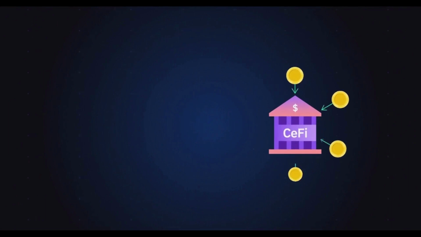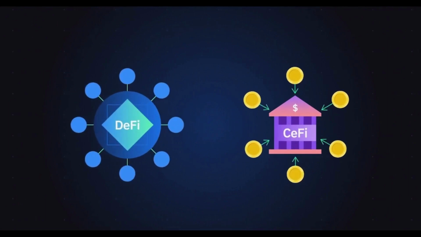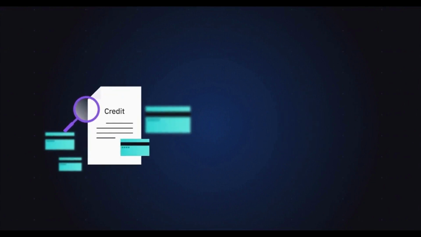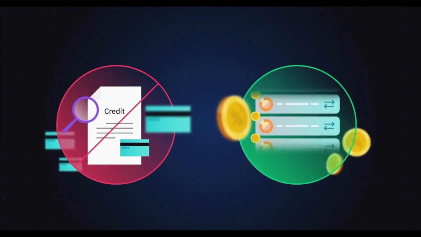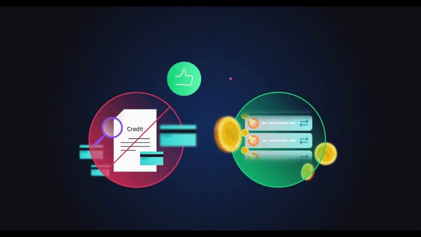You can find crypto lending services on centralized and decentralized platforms, but the core principles remain the same. Crypto borrowing and lending is usually done without credit checks, and loan transactions are settled instantly. These features could be a boon or a bane. You need to be careful with various risks that could lead to losses.